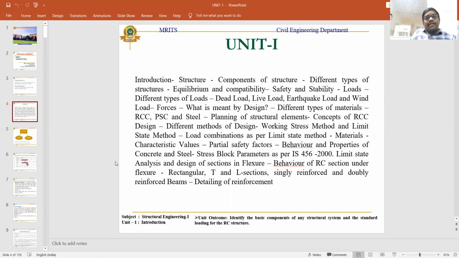Steel is available in different forms and different grades, known as Fe 250 grade of steel, which is also expressed in Newton per mm square, Fe 415 grade of steel, and Fe 515 grade of steel. Fe 250 grade of steel is known as mild steel bars, and Fe 415 grade of steel bars is known as high yield strength deformation bars.